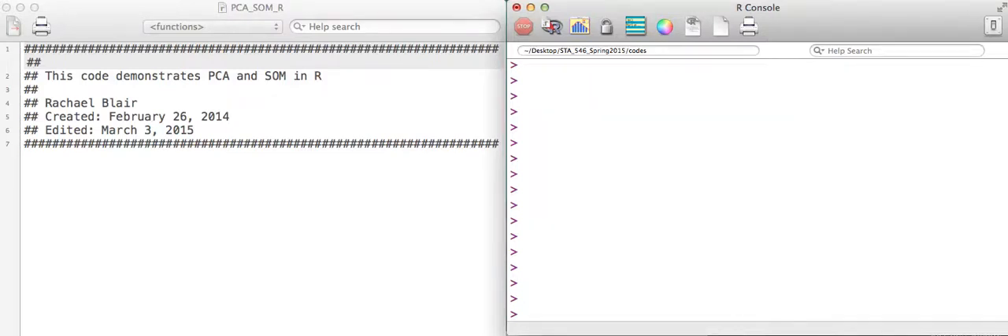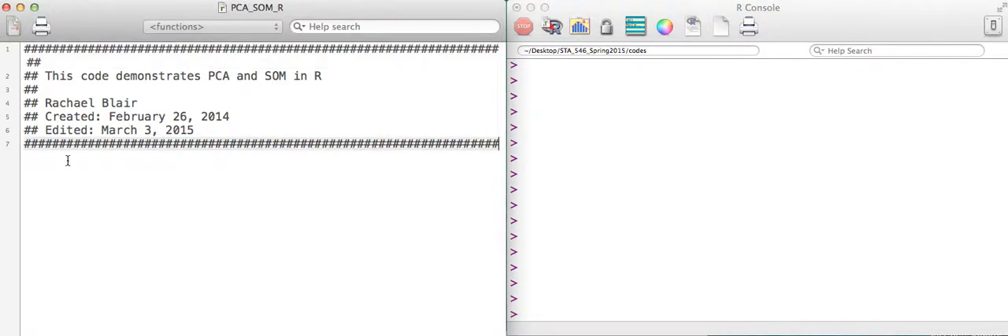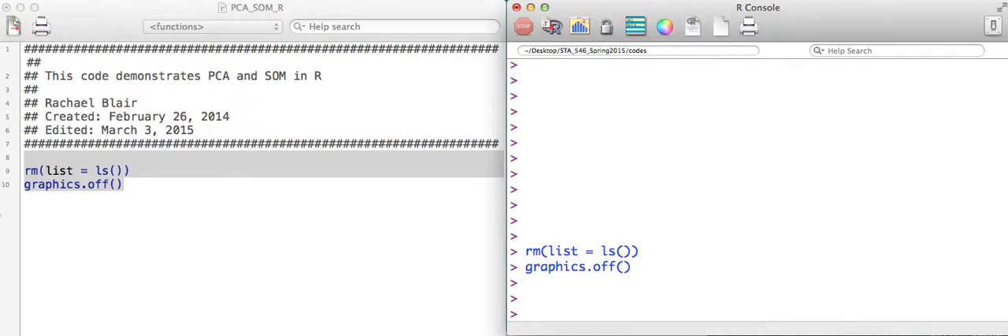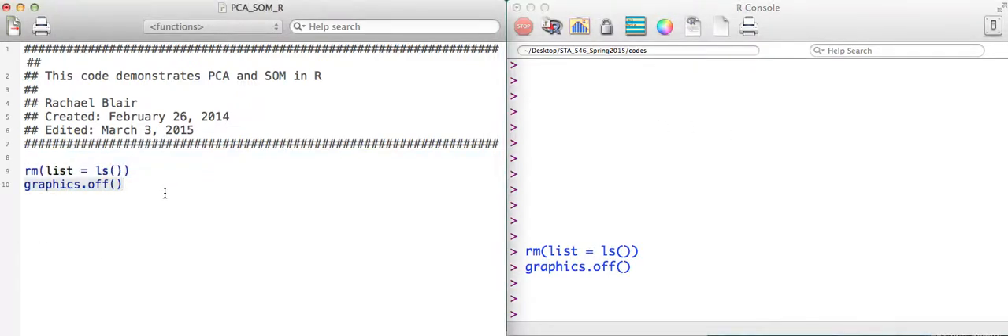Okay, welcome to the first lab on principal components using R. I want to begin by first clearing out the memory, and I'm going to just do a graphics off because I was running a few things here before this lab. So here we're going to load